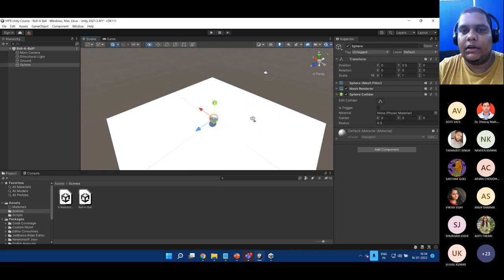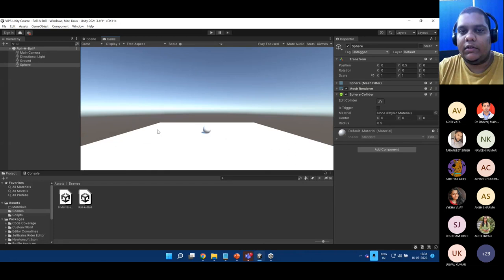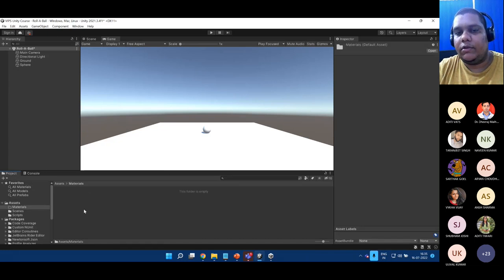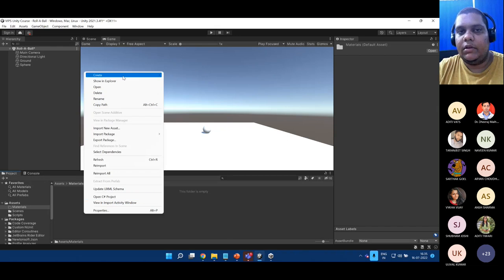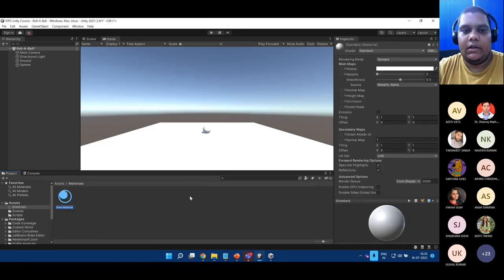And what I can do now is make it look a bit better. Like you can see, I am not able to differentiate between these things. To change that, I'll make some materials and apply them to this. So we'll go into our folders, and in the last session we saw that we already created a materials folder. We have not created anything in it, but we created a folder. So in this folder, we'll create some materials. There's a material inside Create, and let's create